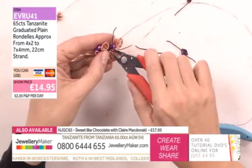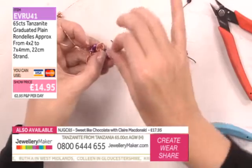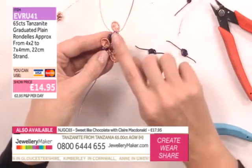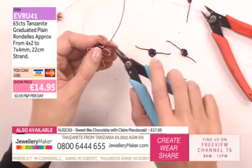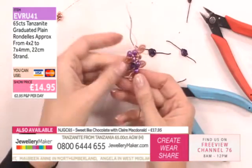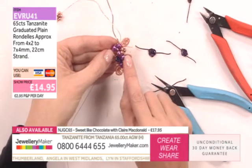you can bring this wire at the back, trim off, and do exactly the same with that tail. But just obviously remember, this back section is against your skin, so spend a bit of time and get all those ends out of the way. So you can see now, as we're starting to build up, we're starting to follow